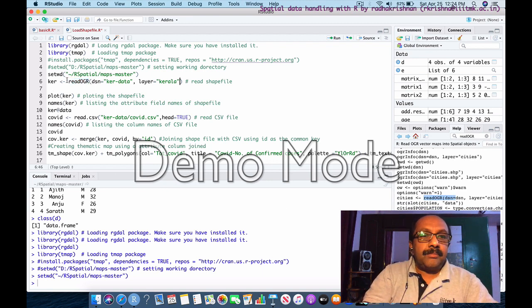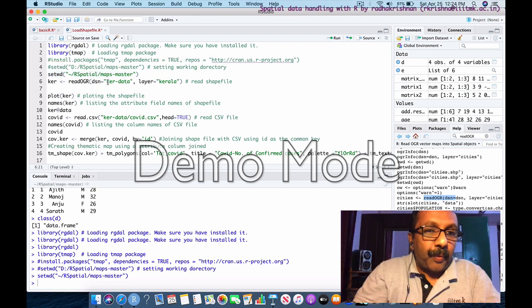Here I am using the function, and DSN is the folder name where your shapefile is residing. So my folder name is Kerala-data. I have to only give Kerala-data because the parent folders' path is already set in the working directory. So I'll start from the folder name within the map master folder. Suppose I had not set my working directory, then I would have to give the full path here.